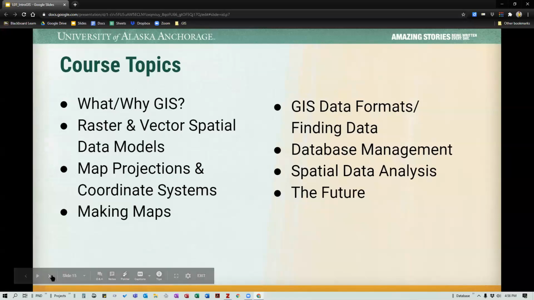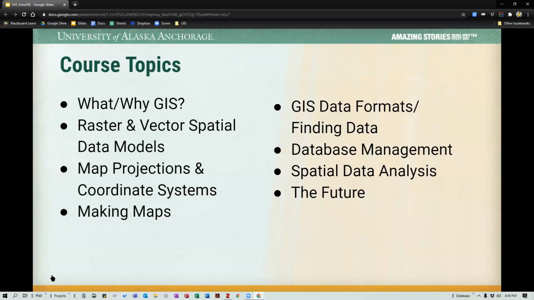So this is a breakdown of what our different course sessions are going to cover. Some of these we'll spend multiple weeks on because each of these is its own topic, essentially. So we're going to look at what different data models look like. Like I mentioned, you can have linear features, you can have area features, you can have features that are represented by a pixel. We're going to talk about map projections and coordinate systems, which if you are in a geospatial